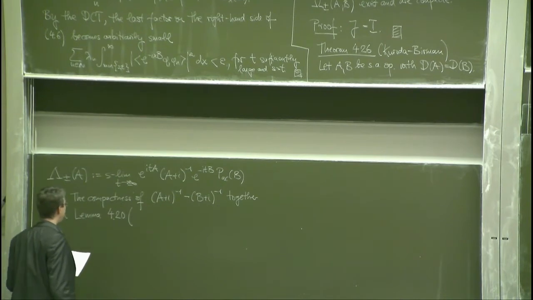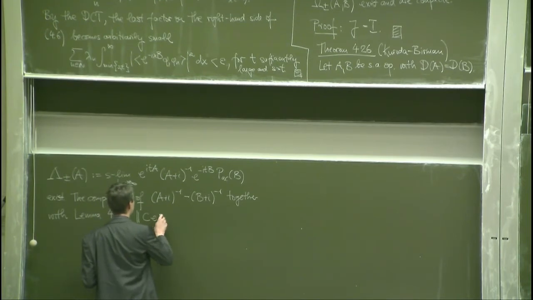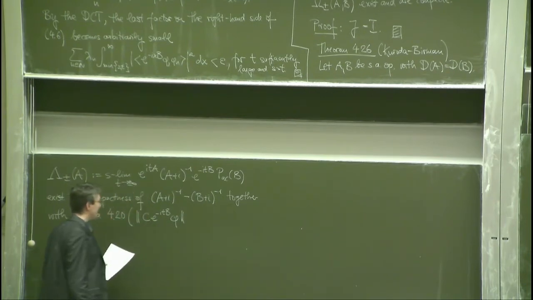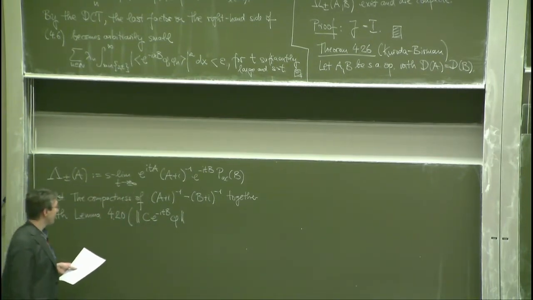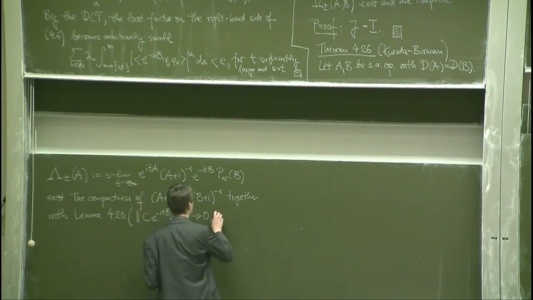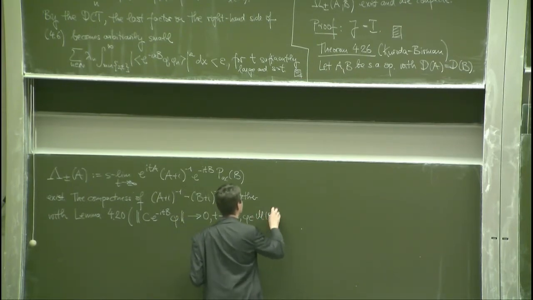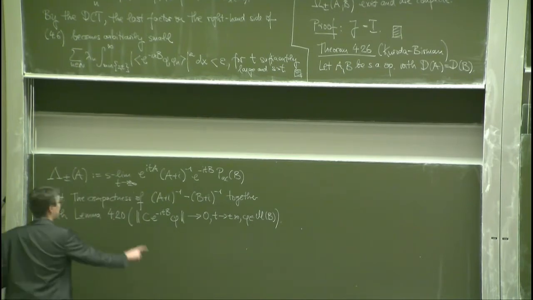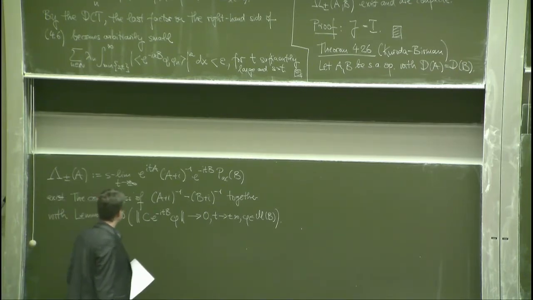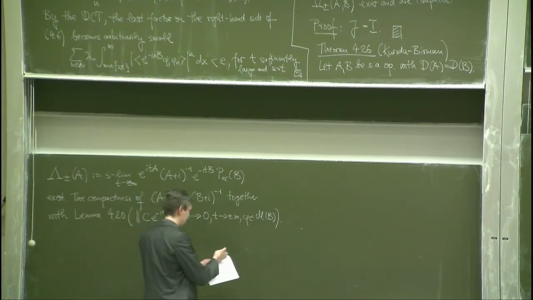If you don't recall what this says, it said that if you have some compact operator C and you apply it to exponential minus ITB phi, where this phi comes from this M of B space, this dense subspace of HAC of B, then this converges to 0 for t to infinity, and phi was in this M of B. So the compactness of our resolvent difference together with lemma 4.20 now says that